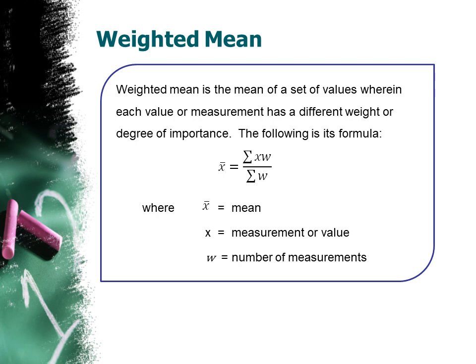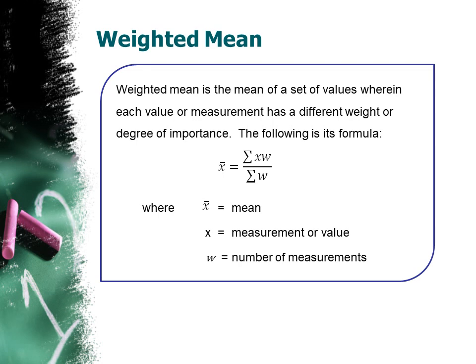Different weight will also be equal to the degree of importance. So may mga data tayo na meron siyang degree of importance. So if its degree of importance is high, then it must have greater weight as compared to others. So since meron ng weight na involved, then the formula will become x bar, the mean, is equal to the